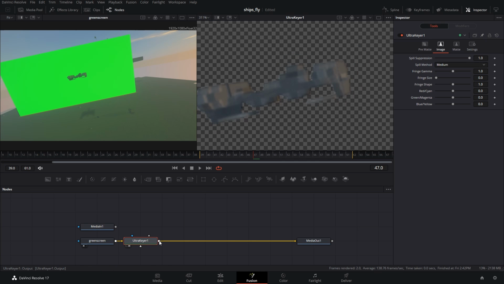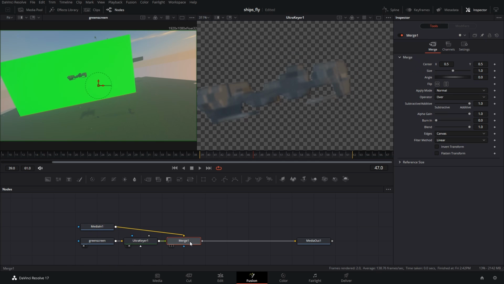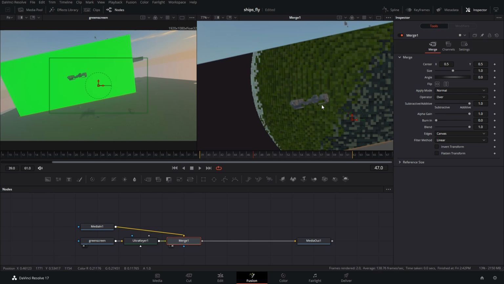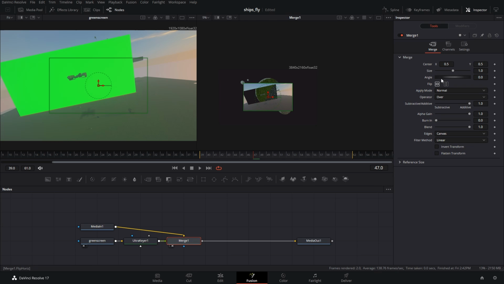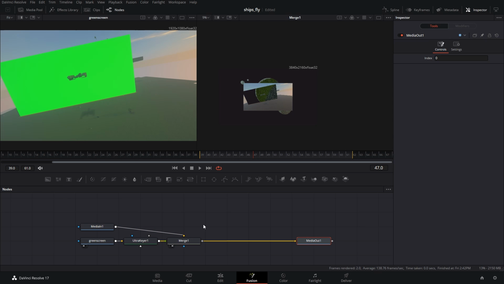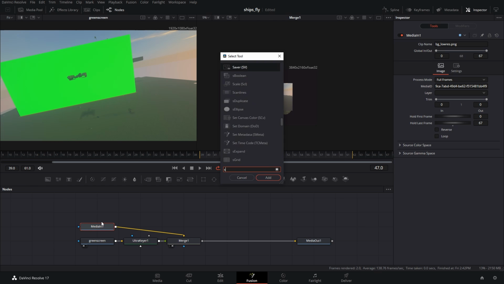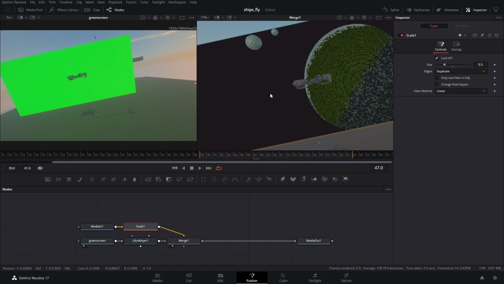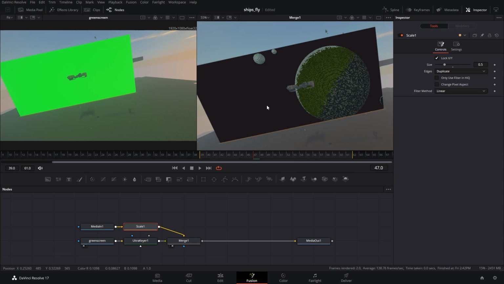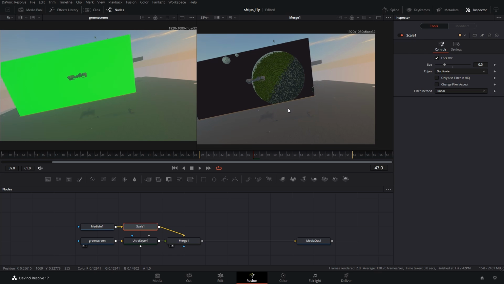So we can put this on top of that, and yeah, it's super tiny. So we could scale this up, but our output is also HD and not 4K. So what are we gonna do? We can use a scale node to scale this down. We will remove it later to put a star background, where here we only have this kind of pink. I have no clue, but it looks bad.